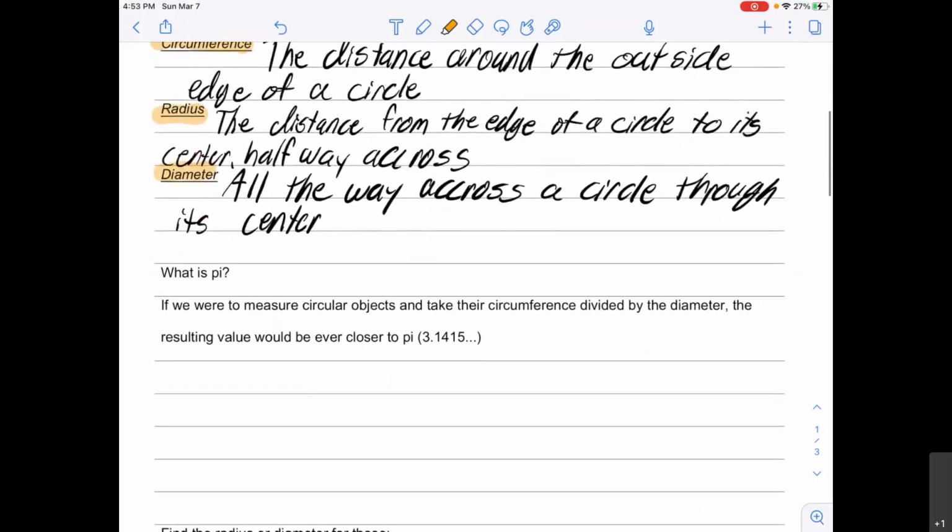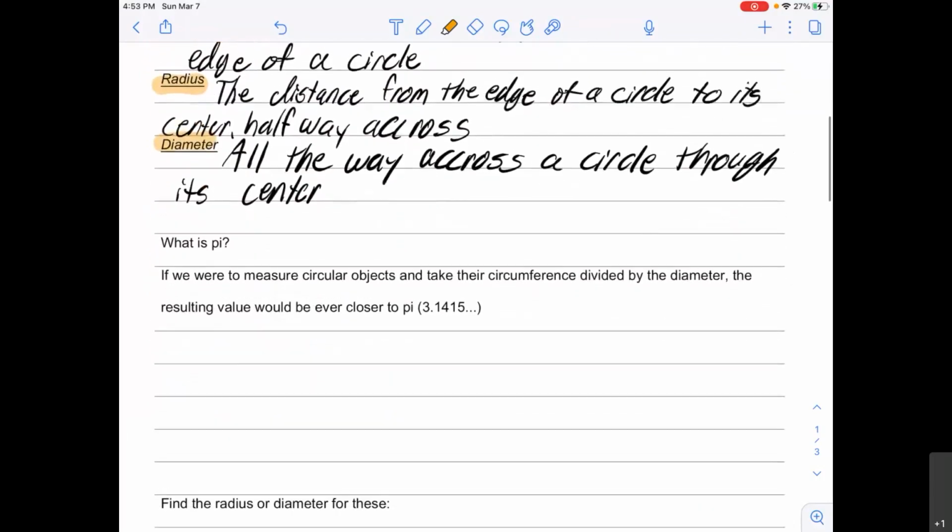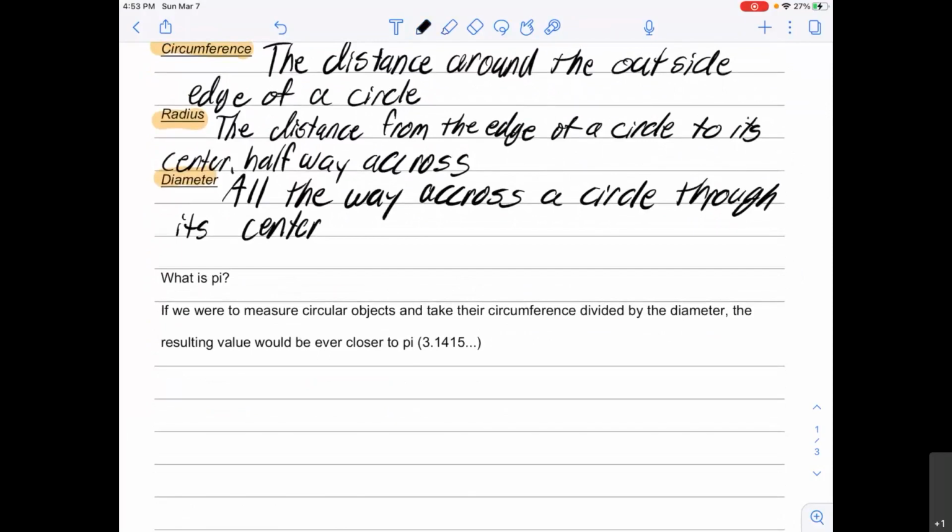All right, so the first thing we're going to talk about is what is pi? Pi is a very, very famous number, but not everyone knows what it actually means. I'm sure you've heard of it. But what pi actually is, if we were to measure a whole bunch of circular objects, and we were to measure their circumference, which, if we were to just draw a circle, and this is not going to be a perfect circle, but imagine this is a perfect circle, and we were to take their circumference, which is the outside edge,